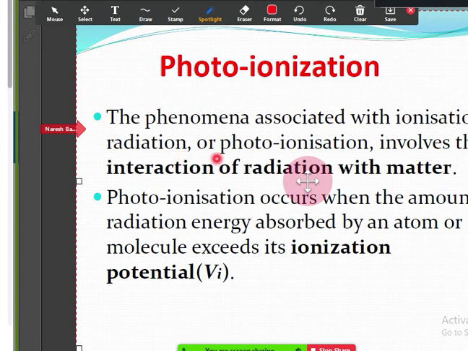So you know visible light, ultraviolet light, X-rays, all these things, the spectra of light. All the light frequencies are not visible. Visible light is a certain range of frequency that will be visible. But we have also got UV light and X-rays, those are invisible. So those also come under radiation. So if X-rays or UV light fall, then also ionization may take place. So that you should keep in mind.